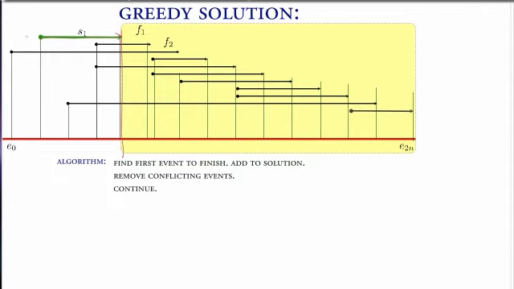So we look at the first activity to finish, and that happens to be this right here. It's not the first to start, notice, but it's the first one to finish. So we know that S1 is part of our solution. We circle it. And now we know that no other activity that overlaps with S1 can be part of our solution, because S1 is part of our solution, so nothing that overlaps with S1 can be part of it. So let's X out all of the things which overlap with S1, like all of those, for example, and we'll come to